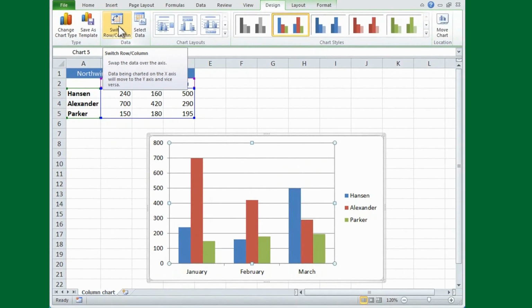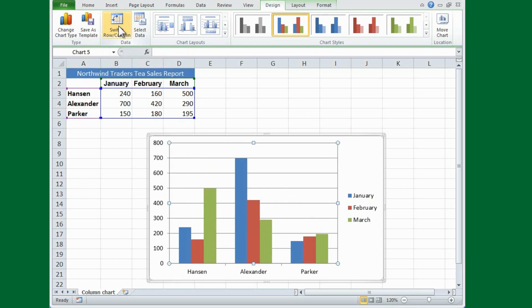If you'll take a look at the chart as I click the button, you'll see it change. Now the chart says something different. The x-axis at the bottom of the chart now shows the row names: Hanson, Alexander, and Parker, and the chart legend is made up of the column names: January, February, March. The chart now shows how each salesperson did month by month compared against themselves. So here's all of Hanson's data, all of Alexander's data, and all of Parker's data. To switch the chart back to the original view, I just click Switch Row Column again and take a look